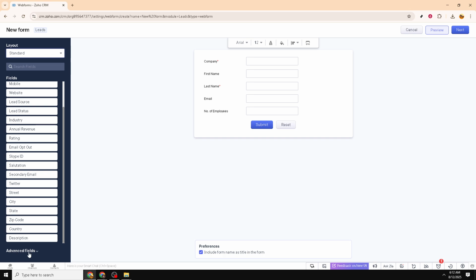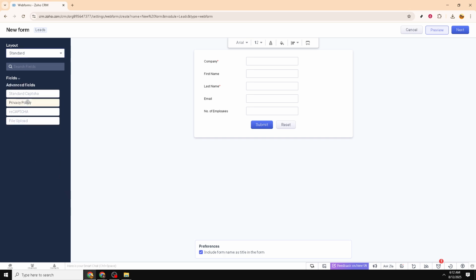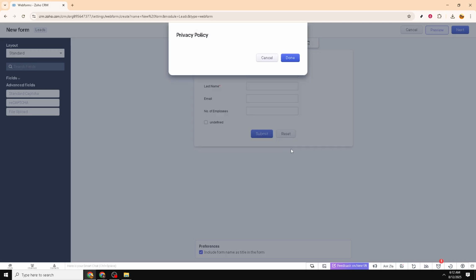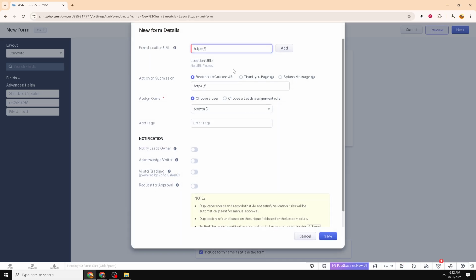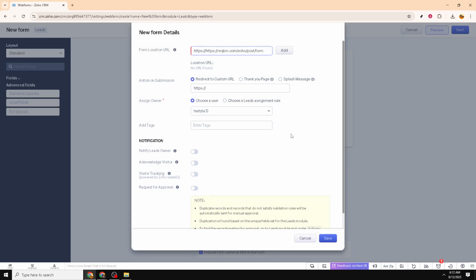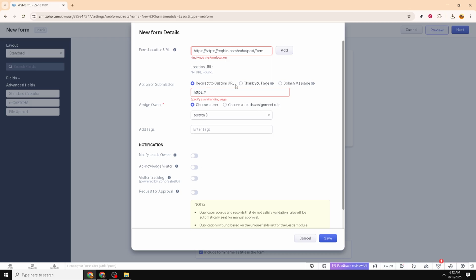Once you're satisfied with the layout and fields, click on Next. This step brings you to the form's additional settings, where you'll input the location URL where this form will be used or embedded. Be sure this URL is accurate to avoid any confusion when deploying your form. Finally, when everything looks good, click on Save. This action saves your newly created lead form within ZOHO CRM, ready for integration onto your website or other platforms